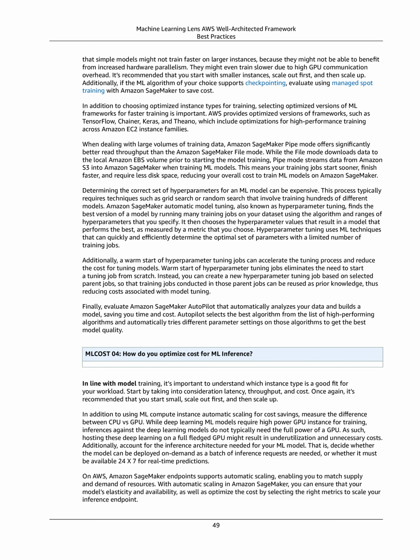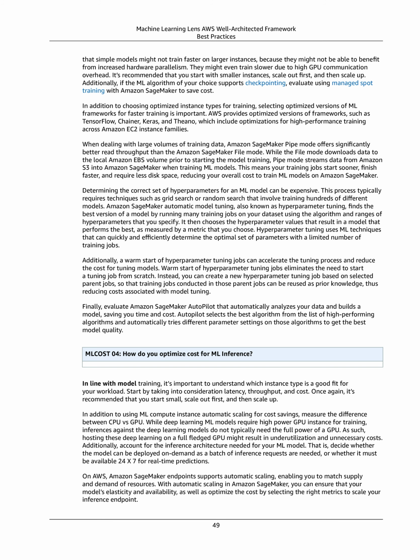Be aware that simple models might not train faster on larger instances, because they might not be able to benefit from increased hardware parallelism. They might even train slower due to high GPU communication overhead. It's recommended that you start with smaller instances, scale out first, and then scale up. Additionally, if the ML algorithm of your choice supports checkpointing, evaluate using managed spot training with Amazon SageMaker to save